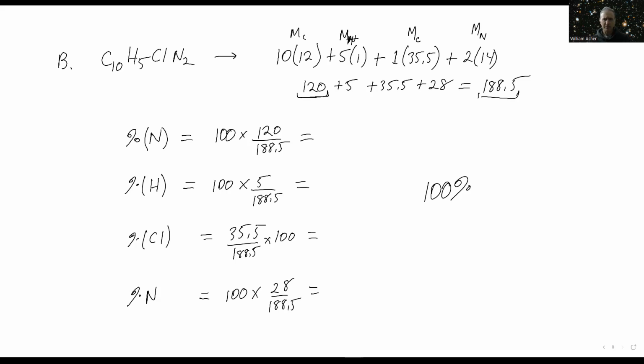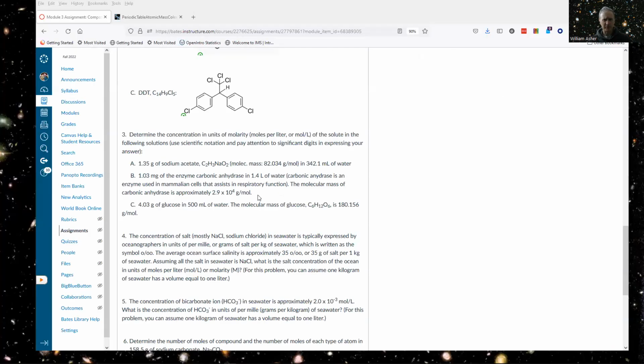Okay, so now let's look at 3, which is determine the concentrations in units of molarity, moles per liter, of the solute, using scientific notation, and pay attention to significant digits. So again, we'll do part B because that's the one that seems to consistently give people problems because I've got weird units in there. So let's look at part B, which is 1.03 milligrams of the enzyme carbonic anhydrase and